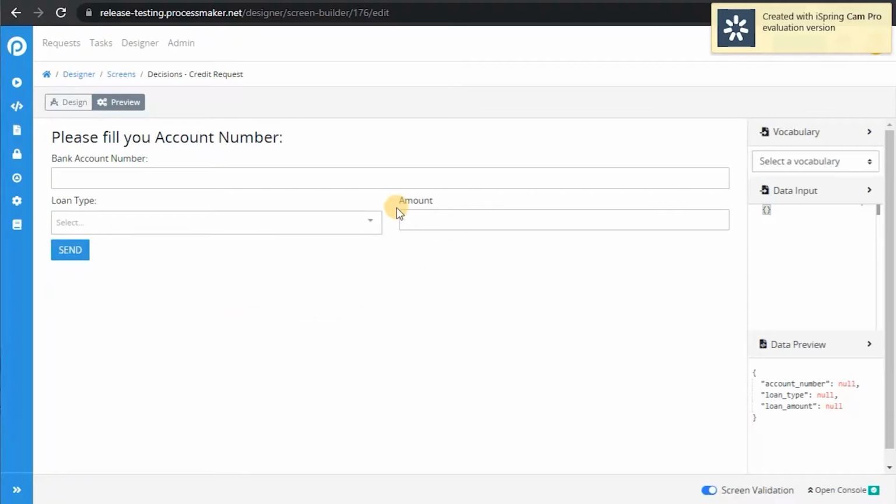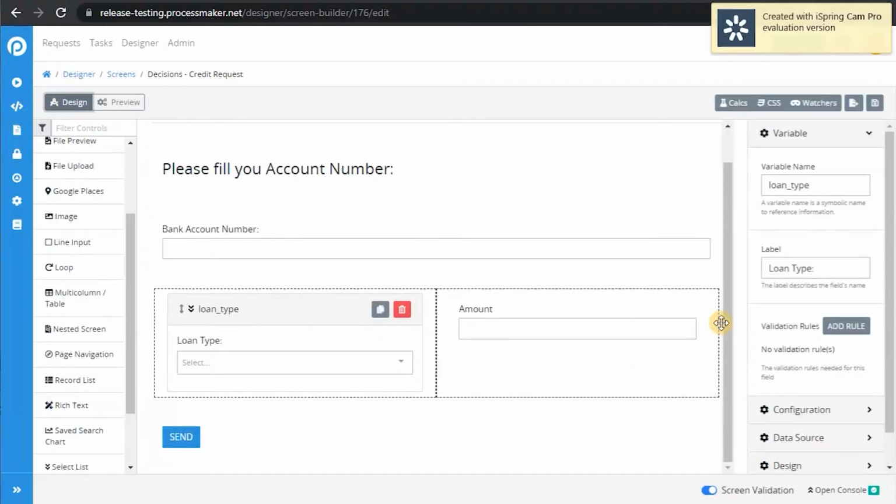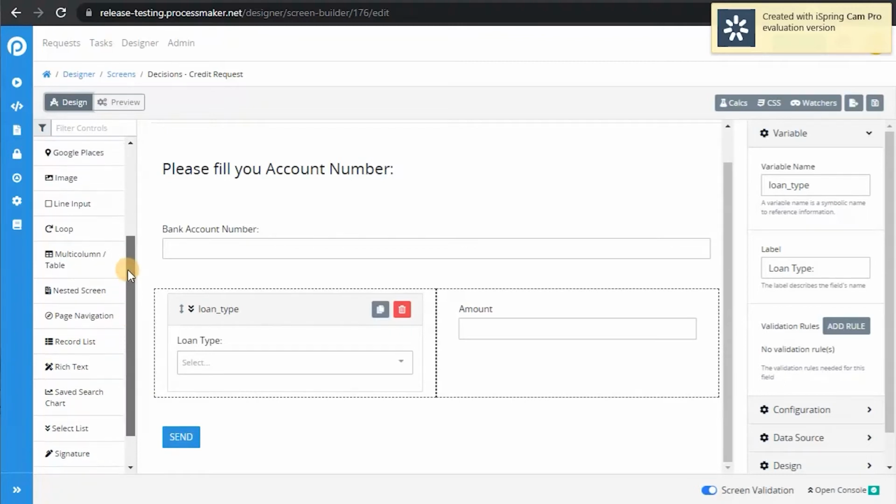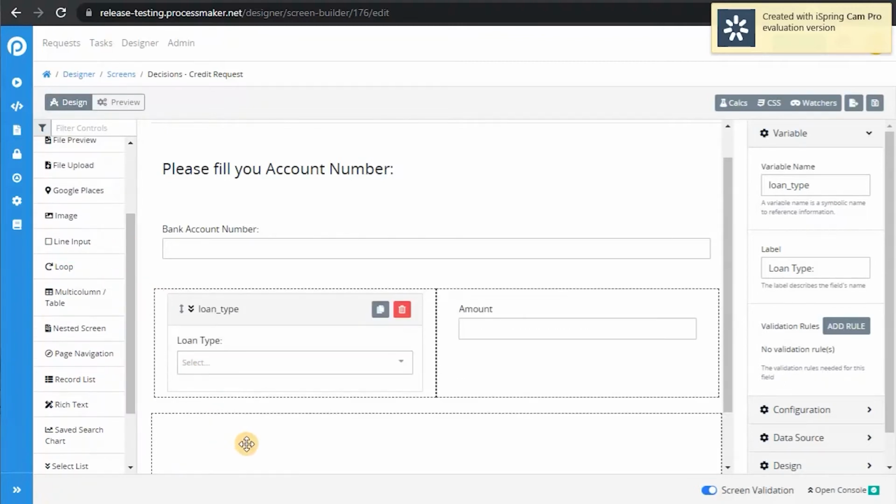that the client is requesting. Additionally, we will need to add the list of up to 3 guarantors, and for every guarantor we will need to register their name, a phone, and an address. So for that we will use a loop. What is a loop? A loop is a component that will allow us to repeat